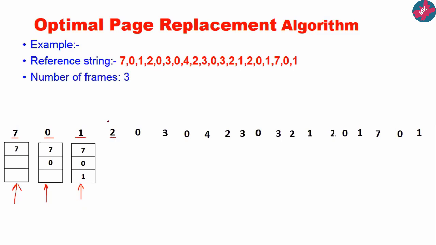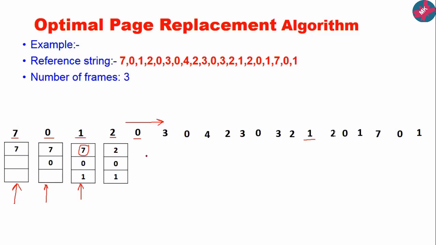So far we were looking backwards, but in optimal page replacement we are supposed to look forward like this, right? Suppose here 0 will be required in the future, isn't it? So I'm not going to replace that. Now after 0, when the next time 1 will be used, yes, I am seeing the 1. So I am not going to replace 0 and 1 because there are chances that they will be required in the future, isn't it? So I am replacing this 7 with 2.